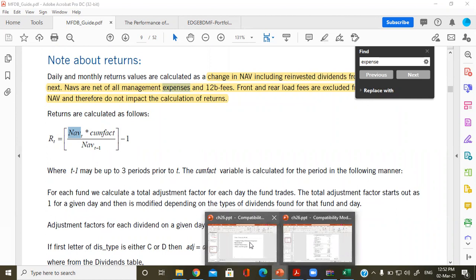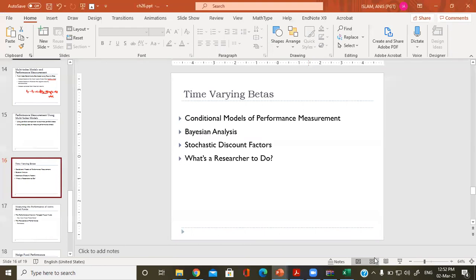Cumulative factor is not related to the expenses. Have you got it, Sadia? Yes, sir. Okay. Now the thing is that